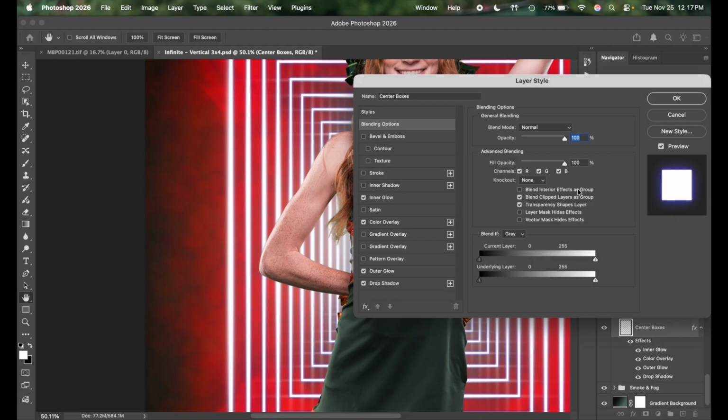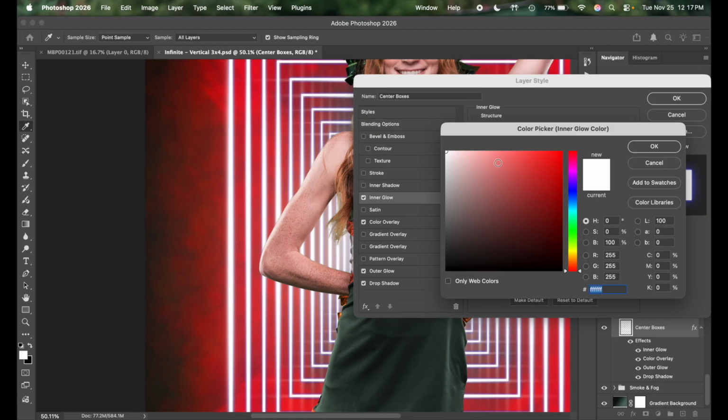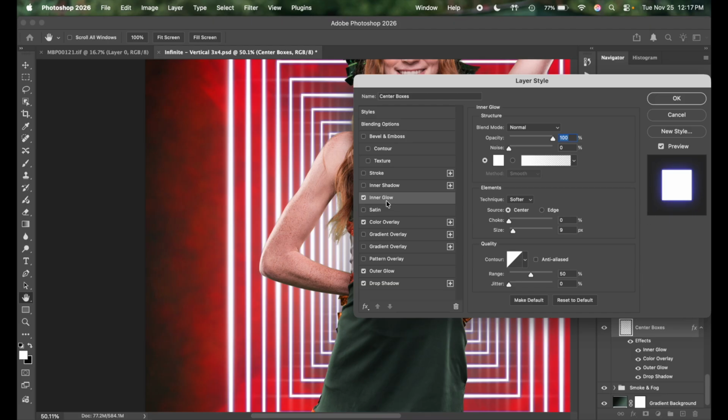Let's open that back up. So if you do the color overlay, it's very subtly, you can see more in here. It's just giving it this orange light. So if anything, I'd say just do a very subtle hint of orange in the color. But I want to turn that off and just keep it